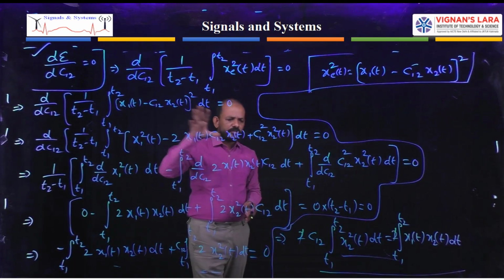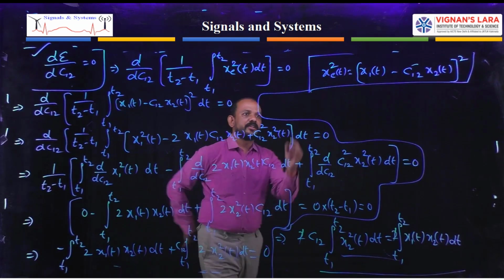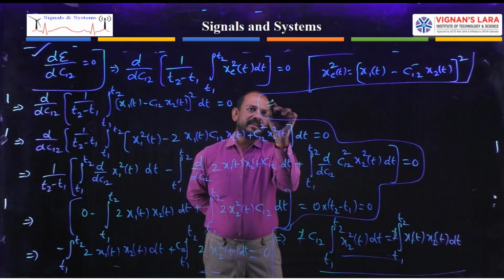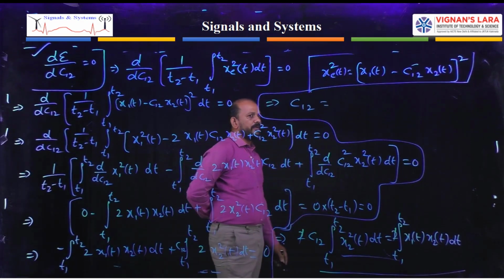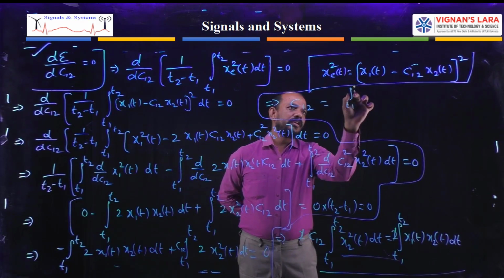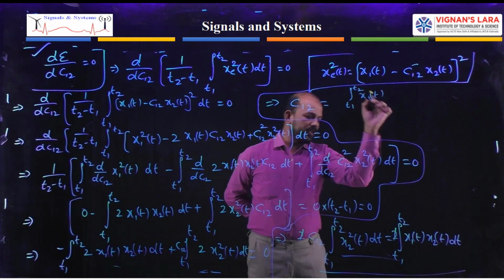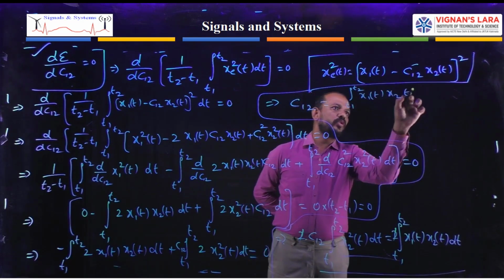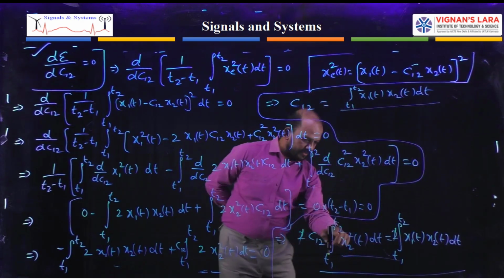So I asked you to find out the value of C12. From this equation, you can find the value of C12. So finally, C12 will be equal to the integral from T1 to T2 of x1 of t x2 of t dt divided by, bringing this one to this side,